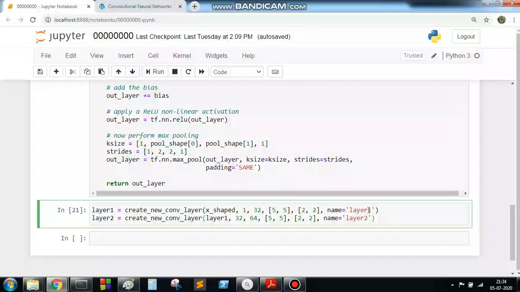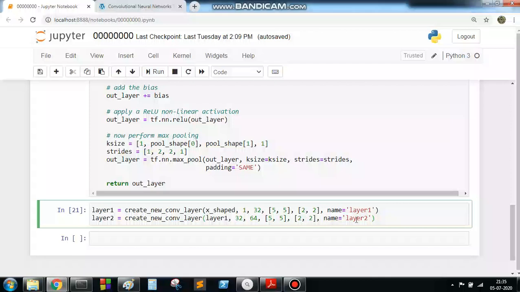Similarly, with padding same, if we convolve the 5 cross 5 filter over this 14 cross 14, it will remain 14 cross 14. But while pooling with 2 cross 2, it will become 7 cross 7. So the total matrix size becomes 64 channels of 7 cross 7.